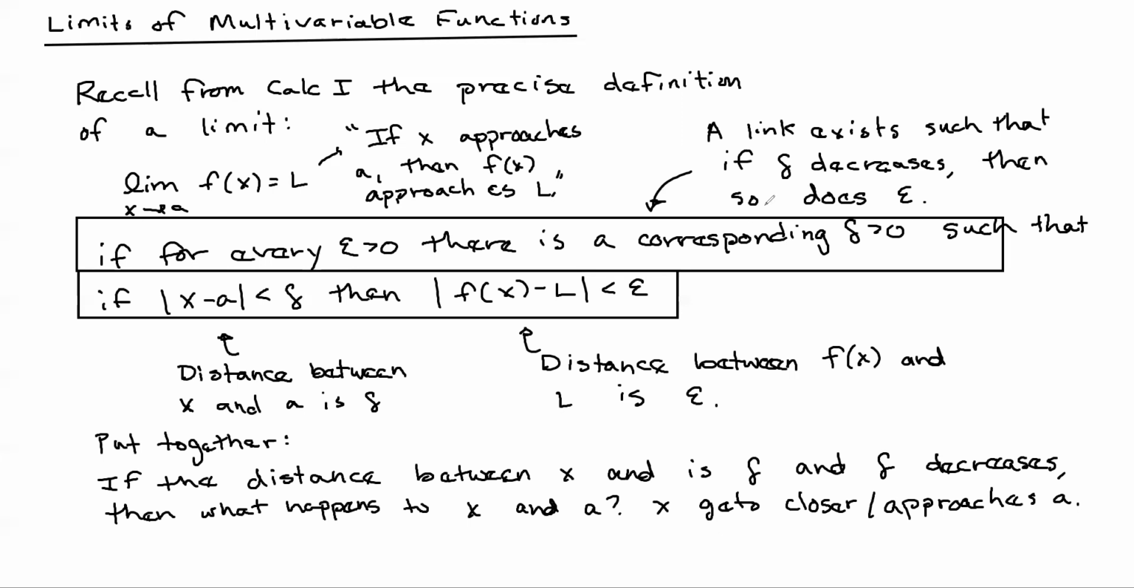Now, here's where the link comes in. There is a link between delta and epsilon. If delta is decreasing, then so is epsilon. Okay, so since epsilon and delta are linked, epsilon is also decreasing if delta is decreasing. And then since the distance between f of x and L is epsilon,